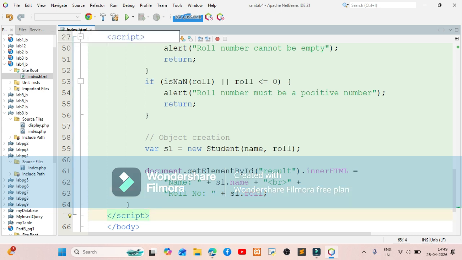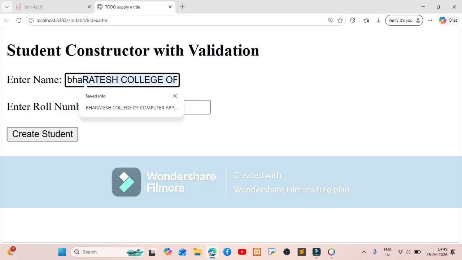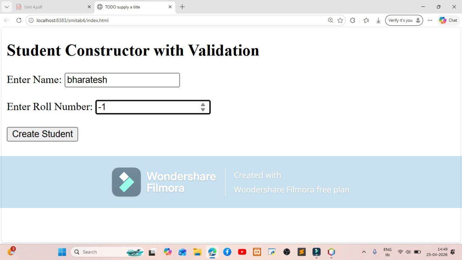So if you see, the program is very simple. I have just added extra form validation using JavaScript. If you want to skip, you can just skip the validations. Let us execute the program and see the output. First, let us enter a good name, a proper name. Then I am entering the roll number as, say, 10, and I click on the button Create Student, and see, in our empty paragraph it displays name is Parthesh, roll number is 10.